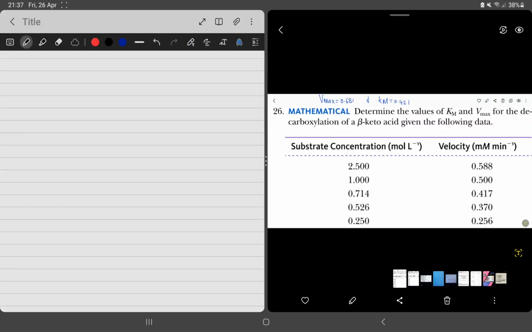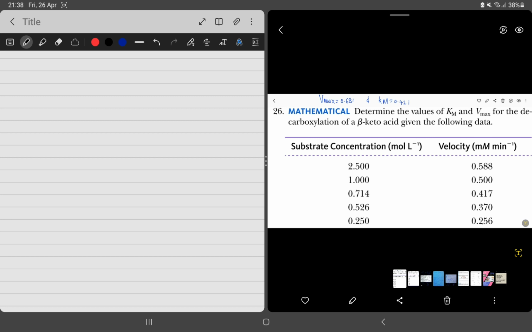In this video, we are continuing our discussion on the Lineweaver-Burk reciprocal plot. To make things easier for you, I suggest that you watch the previous video. Okay, so we are given this set of data and then we are required to determine the values of Km